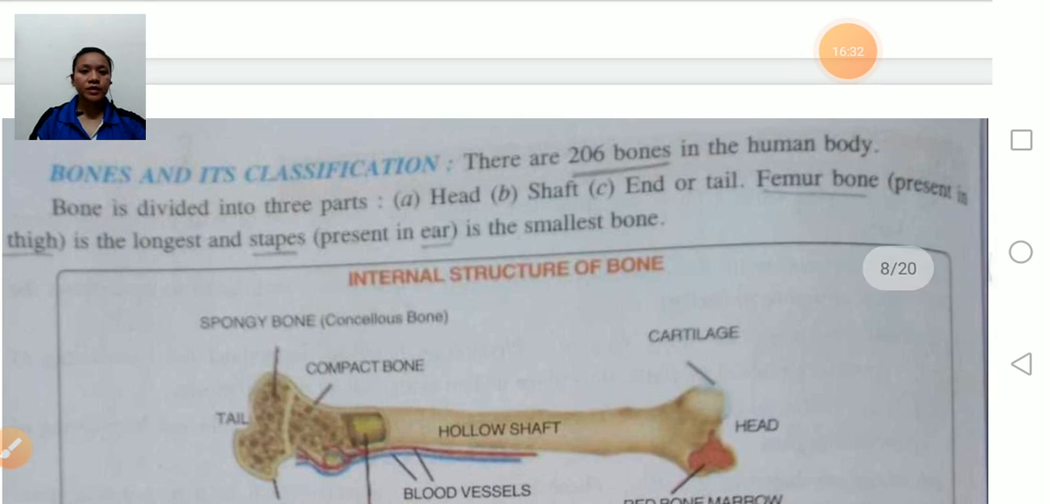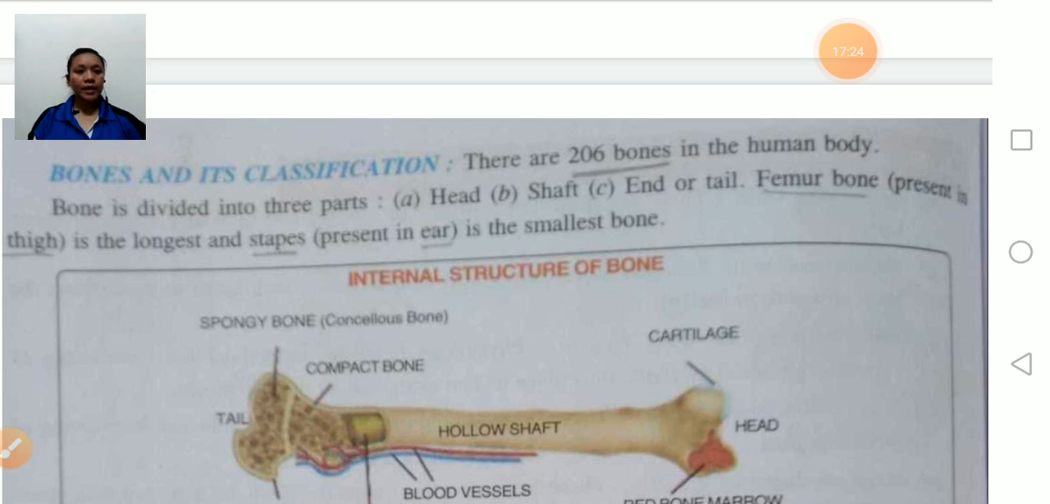Bones and their classification. There are 206 bones in the human body. But at the time of birth there are 270 bones, and these bones fuse and become 206 bones in the adult. Bone is divided into three parts: